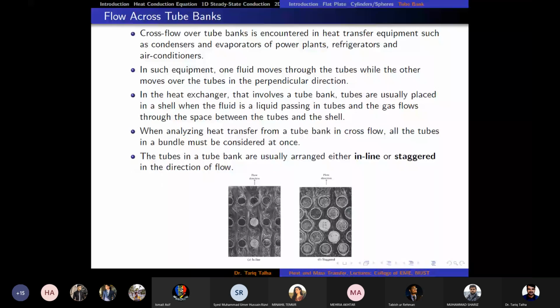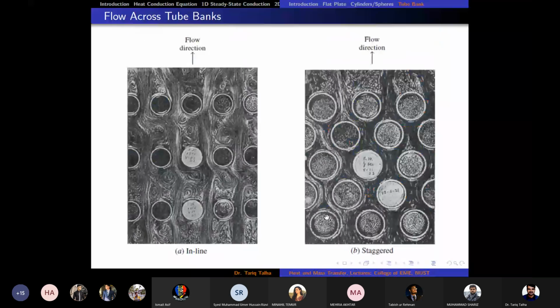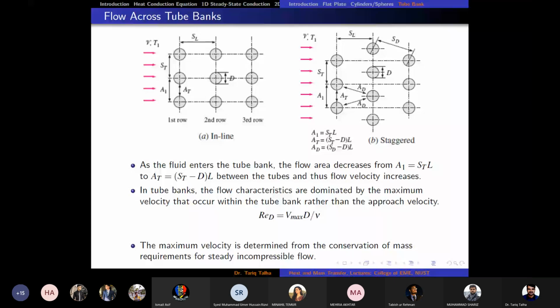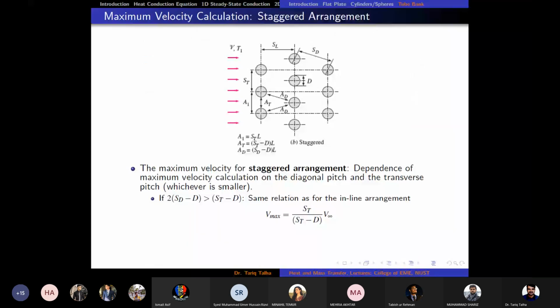Because here SL is in this direction and ST is in this direction. Because the flow direction is this, SL is this, so SL is very small and ST is very big. So for this situation, we can have 2 times SD minus E smaller than ST minus E. So in that case, we determine that Vmax is ST divided by 2 into ST minus